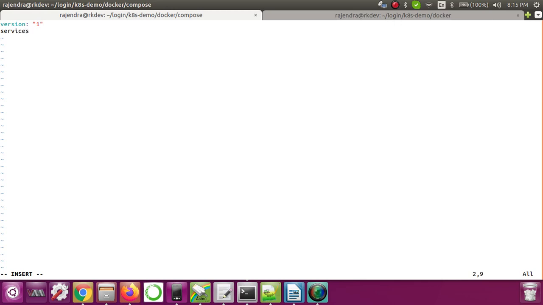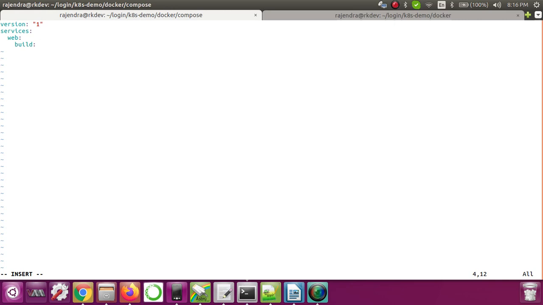Services, I have multiple services. Then we need to give some indentation so that we'll understand what is part of these services. Okay, so I'm giving 2 space indentation. Now the first service that I have is web. Then this is again a dictionary, and the first value that I want to use is build. So from build, what I want to tell is, I want to build this service.